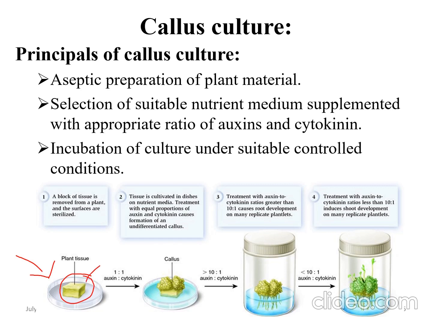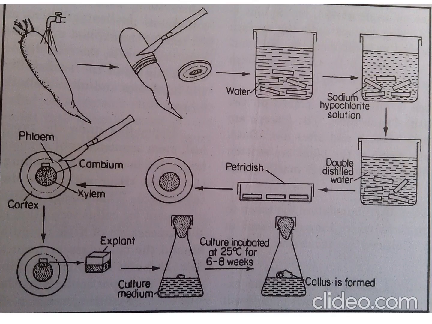Then in the second step, you need a suitable nutrient medium. You have to transfer this explant on a nutrient medium supplemented with equal concentration of auxin and cytokinin. That causes your tissue to develop a callus, an unorganized proliferative mass of cells. When you incubate this callus culture in dark condition and further transfer it on a media containing higher auxin, lower cytokinin, or higher cytokinin, lower auxin concentration, it develops roots and shoots as per the concentration of auxin and cytokinin added in the media. So this is the principle of callus culture.